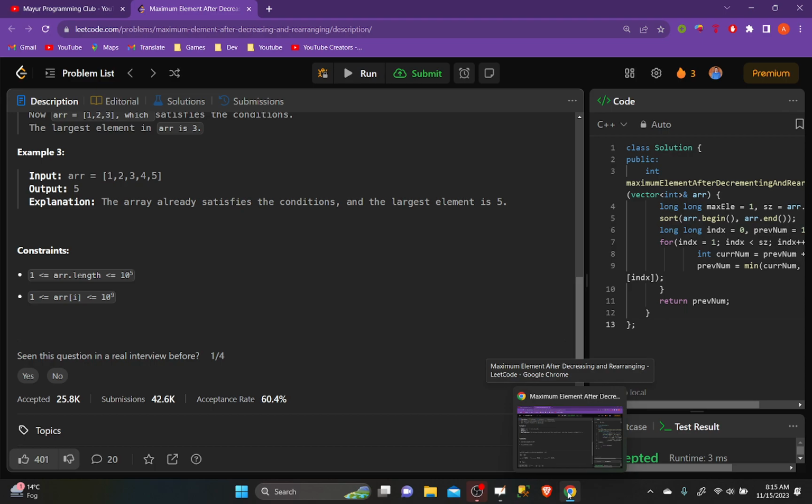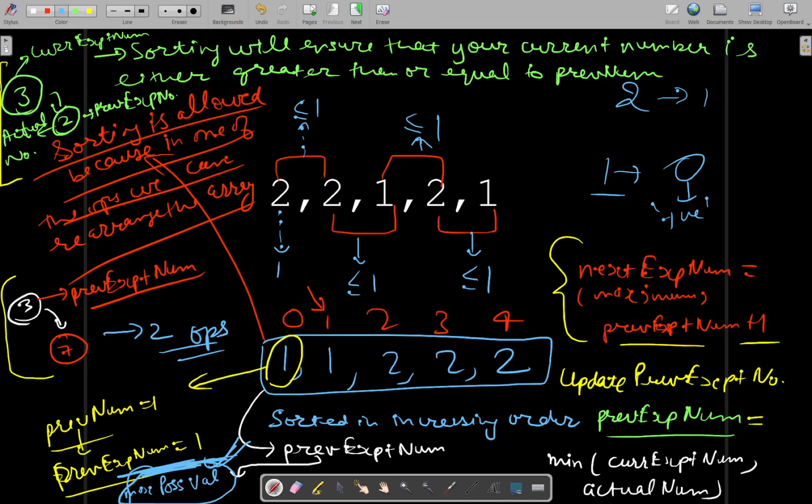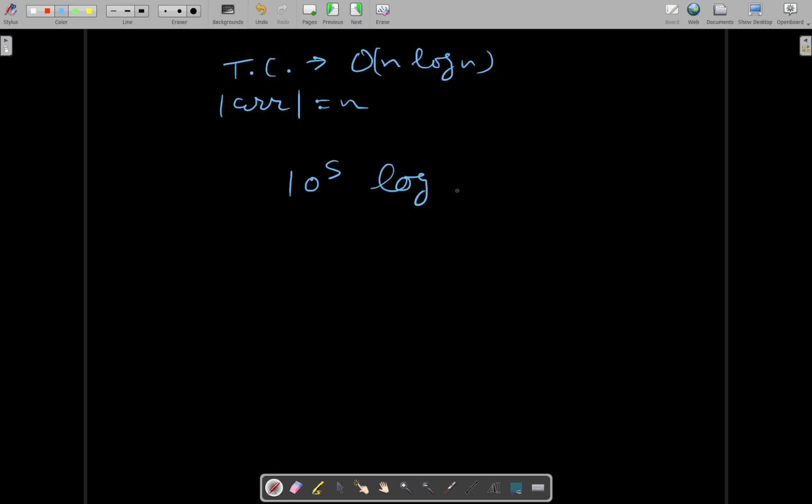So your array's length will be of order 10 raised to power 5, and because of sorting, your time complexity will go up to order of n log n, where n being the size of the given array, and since n here is 10 raised to power 5, 10 raised to power 5 log base 2, or you can write something like this. So the loose upper bound can be 10 raised to power 5,